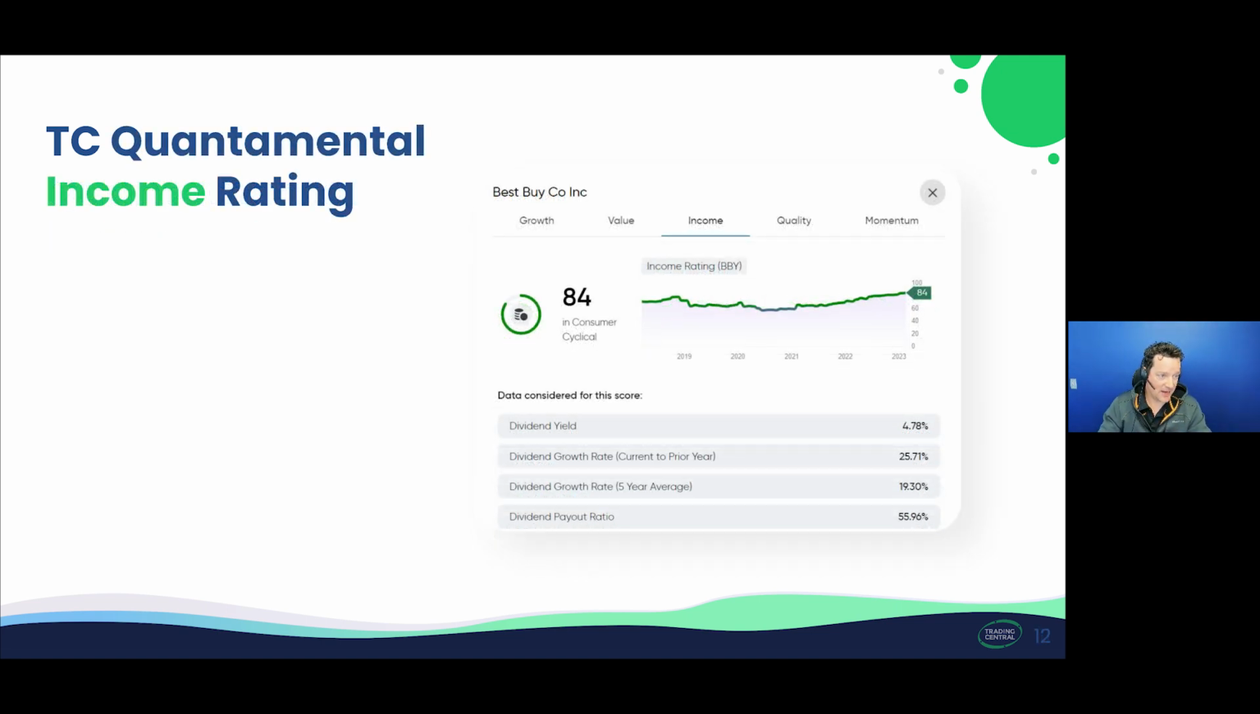Then the next factor we have here is going to be the Quantamental income rating. And that's based on dividend yield, the dividend growth rate, and the payout ratio. And this is critical for investors seeking reliable and sustainable income. A strong yield does provide steady cash flow, while dividend growth reflects a company's financial strength and really its commitment